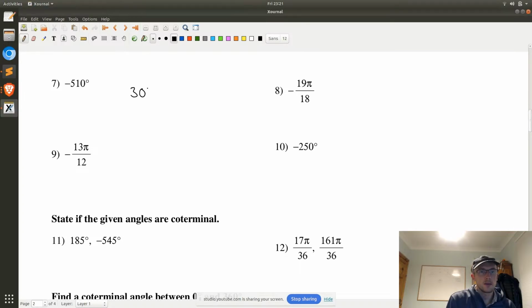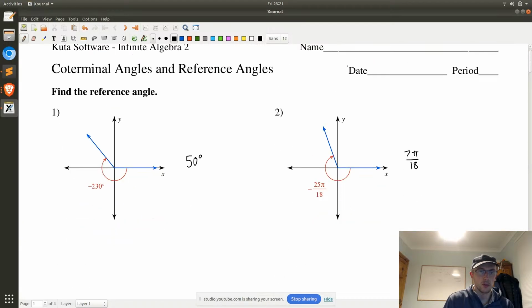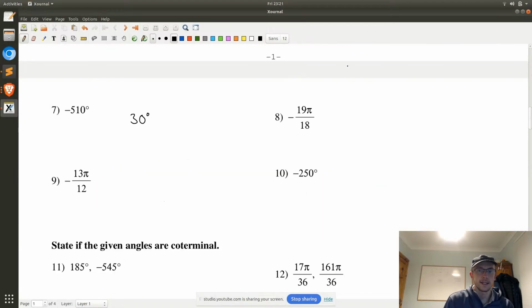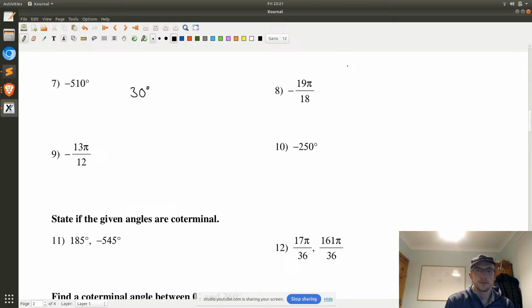30 degrees. That's the reference angle. And here, like an 18th of pi. And here, 12th of pi. And here,